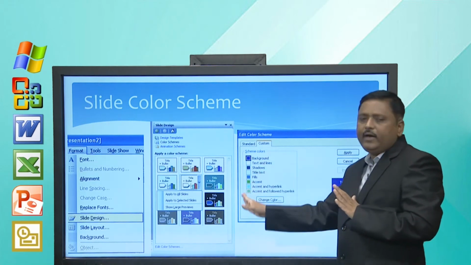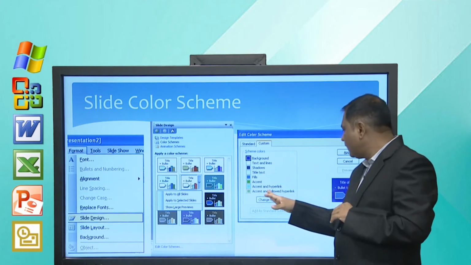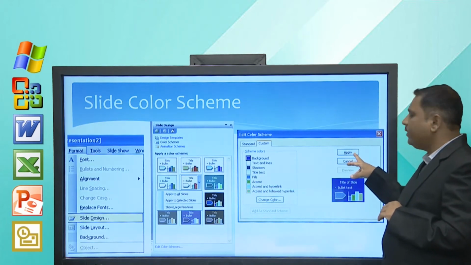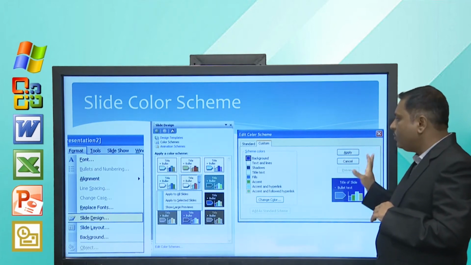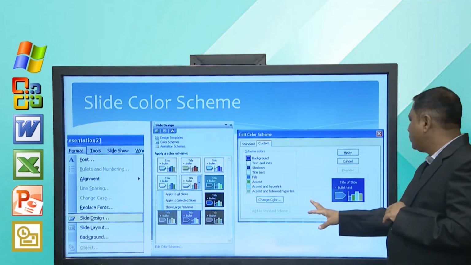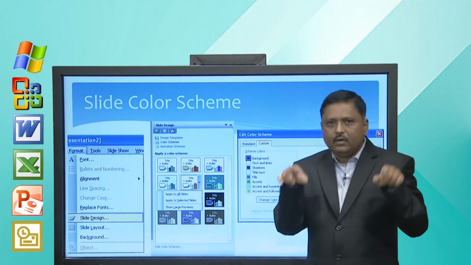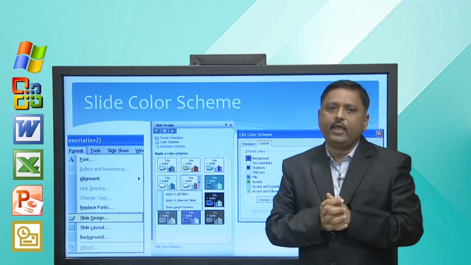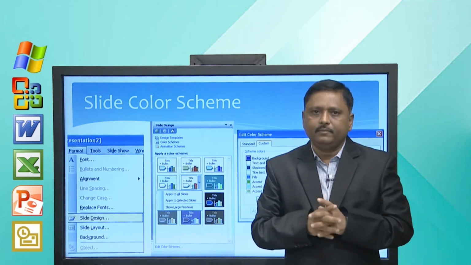You can click on a color and change it, and you have to press the apply button in order to apply these changes. You can also preview your new color scheme. So, this is how we can apply color scheme.